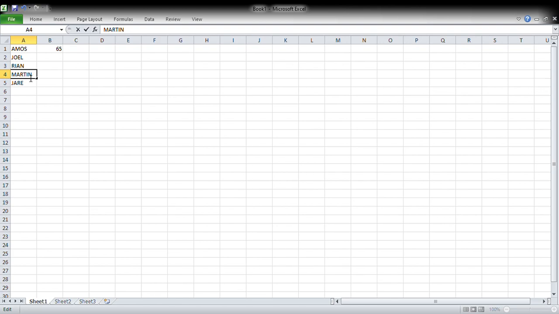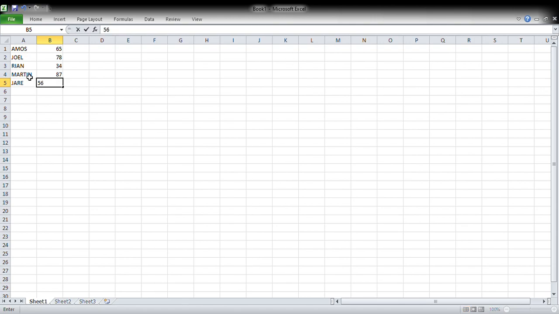What shall I do? I'll just press the tab key. Tab key moves the cursor to the cell rightward. And what if I want to go back upwards? I'll just press shift enter, and it goes back. Let's say 78, enter, 34, enter, 87, enter,